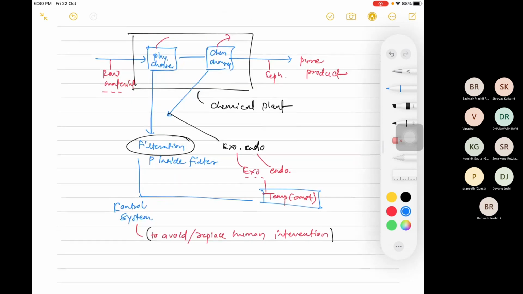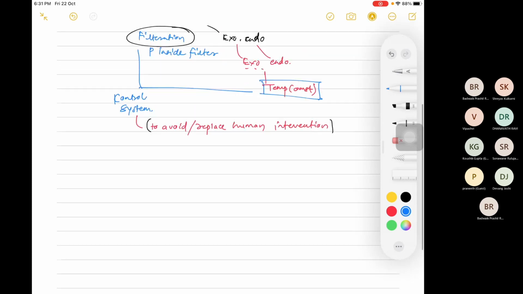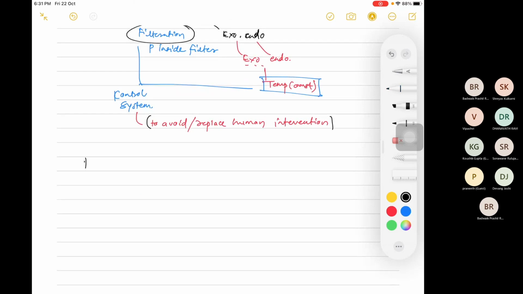Now, you know everything about this. This is the basic of chemical engineering, and for chemical engineering there is a need of process dynamics, otherwise you cannot do it. There is a control system which will maintain the temperature and the pressure for that particular unit, and there is a need of process dynamics and control. So you know the chemical plant, you know what process dynamics is. So what is process dynamics? I'll write one small definition. Process dynamics.